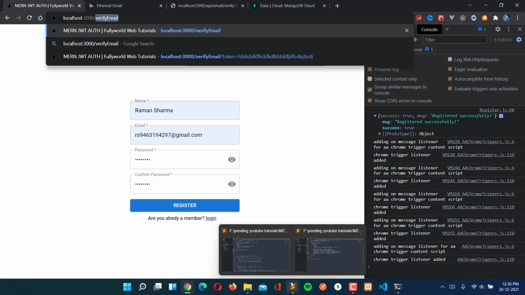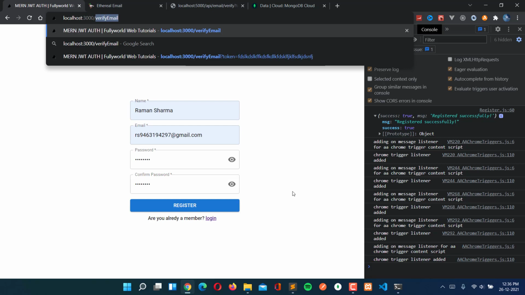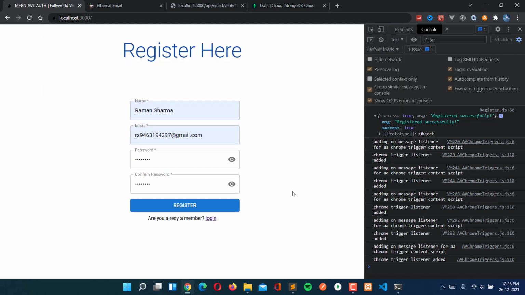This means we have to make some changes. First let's go with the verification of email, and then we will go for user login, then forgot password and then reset password, and then our work will be done. So now let's start working on that.